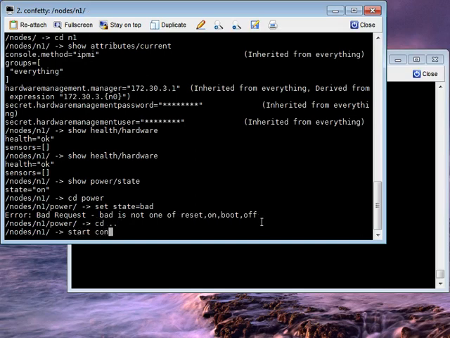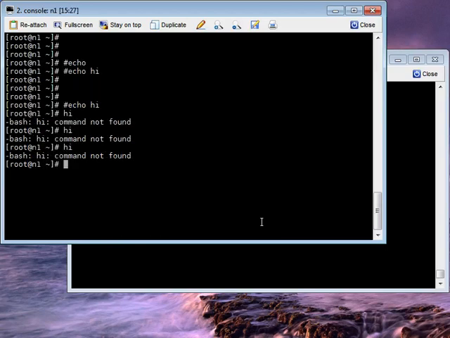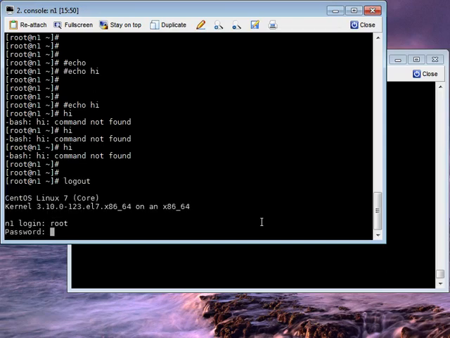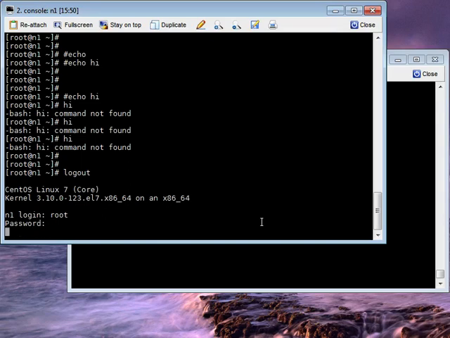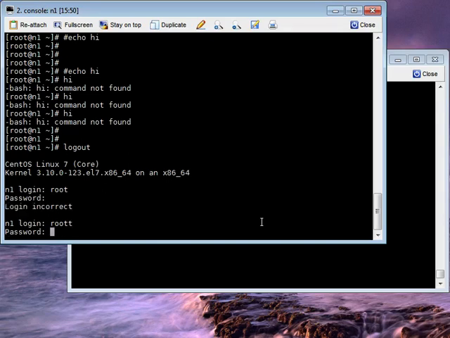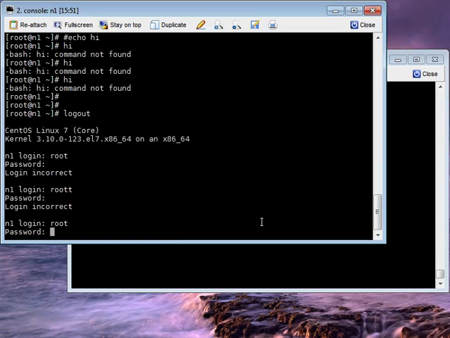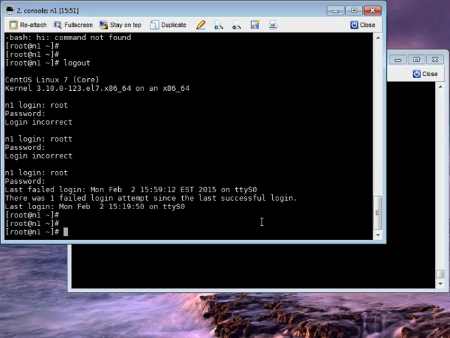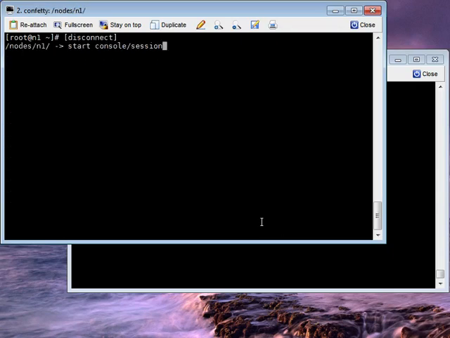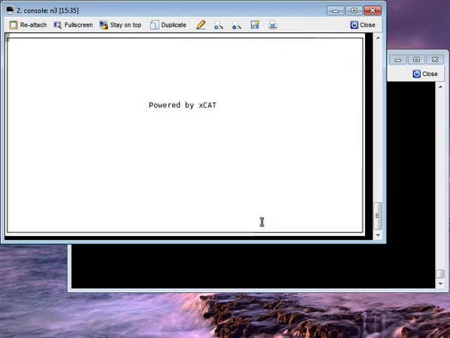So moving on to the console session, starting the console in N1 drops me at the Linux prompt I had logged in previously. I have the serial console of a system. I'm able to log into its console as if I were sitting at the local video console. I can also start the console session on, let's say, N3, and we can see what an ESXi console looks like,